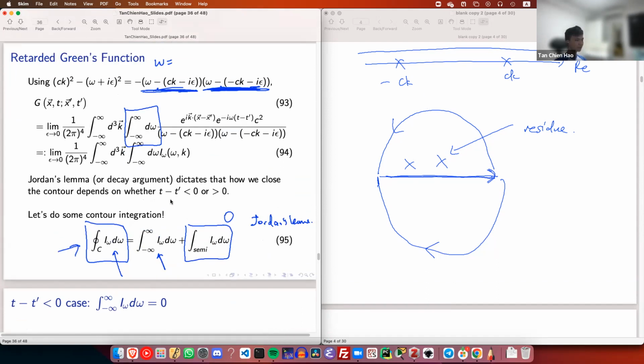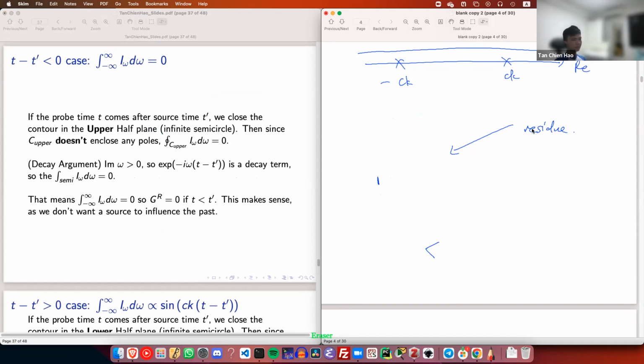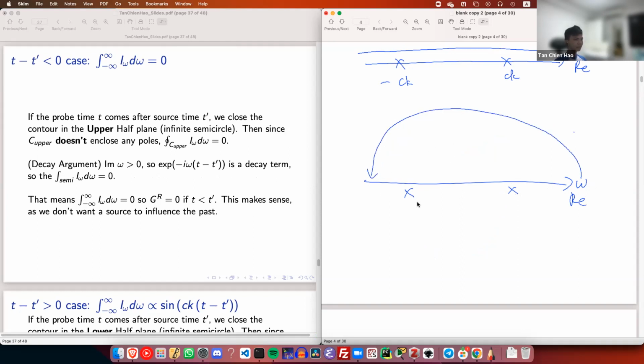So how do I close the contour? It depends on the sign of t minus t prime. If t minus t prime is less than 0, then we close it on the upper half plane. So I have this as my contour, and these are my two poles below the real axis. If I close the integral on the upper half plane, I don't encircle any poles,